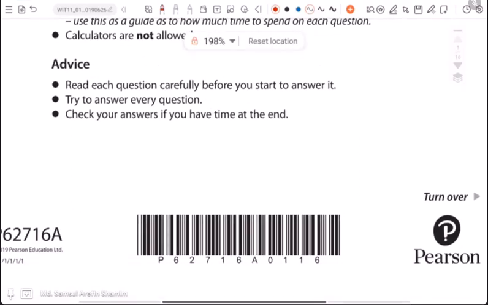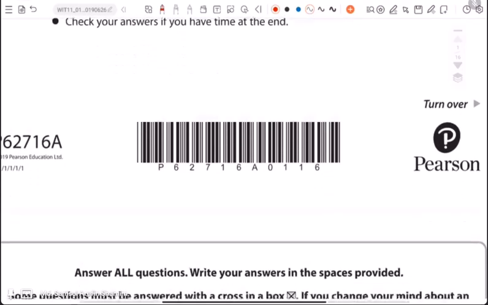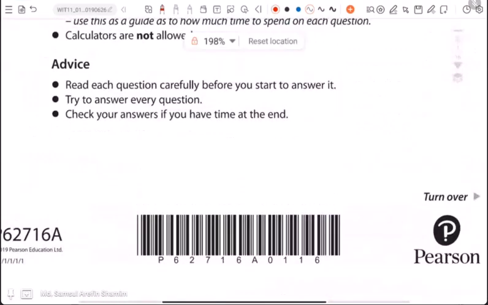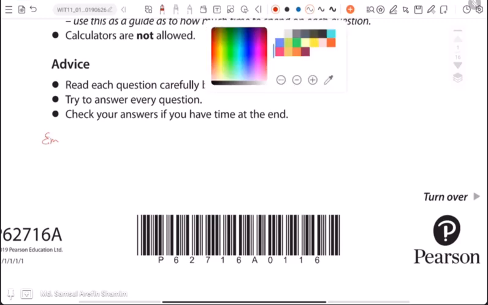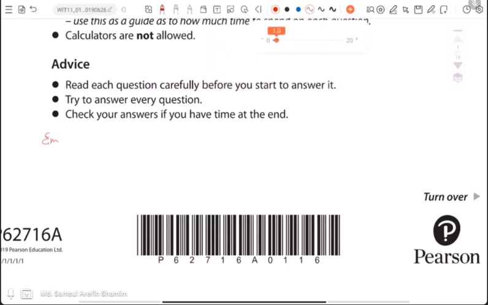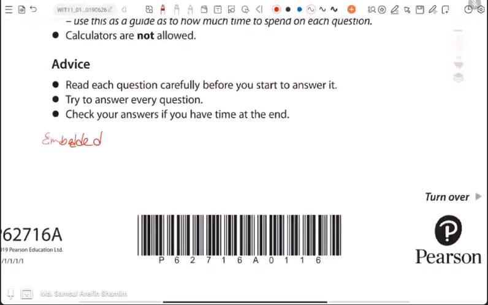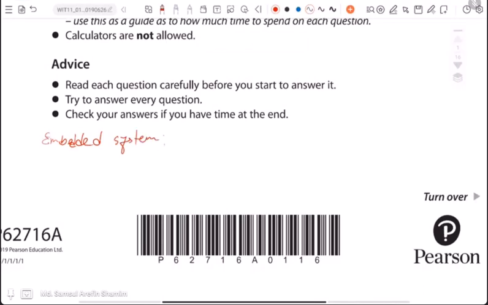So, embedded system, let me make it a bit bigger. Embedded system basically refers to a